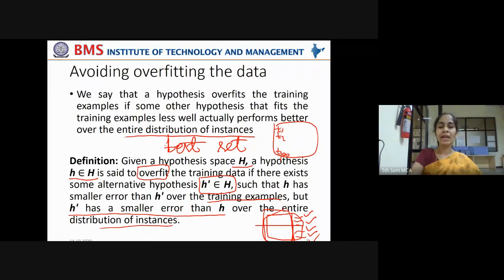Meaning h dash has a smaller error than h over the test set, they actually mean.